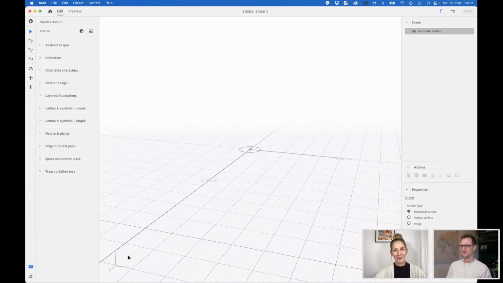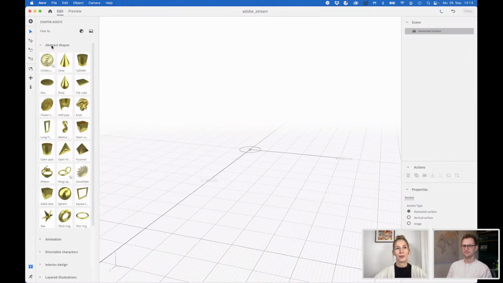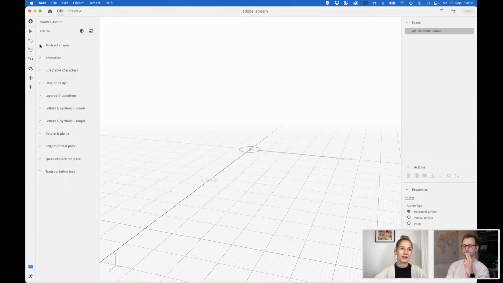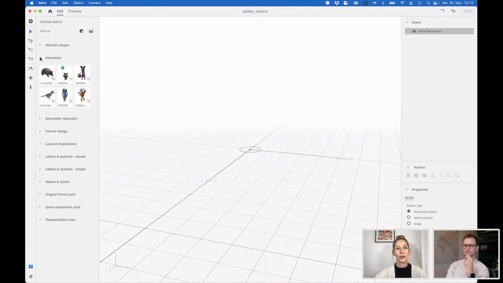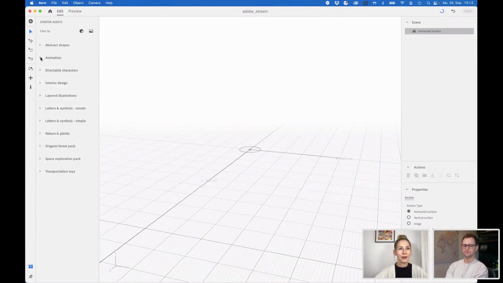So, like I told you before, it comes with some kind of starter assets. So we have some abstract shapes. It's nice to explore them when you want to try something out for the first time.